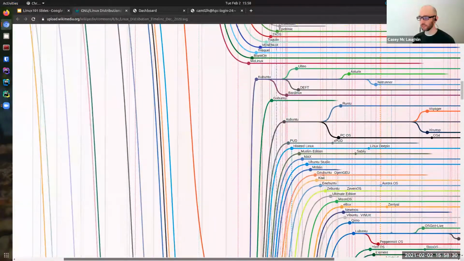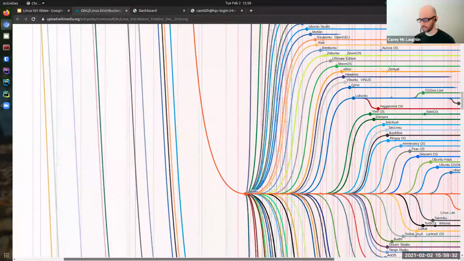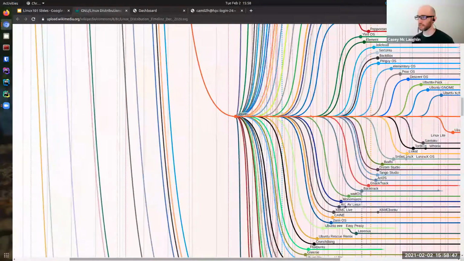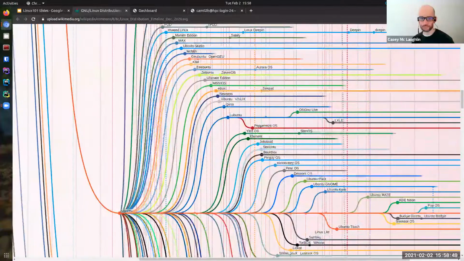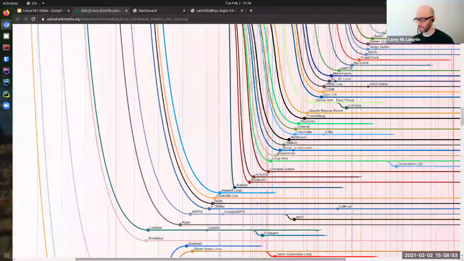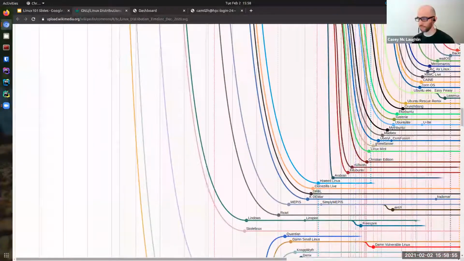Here it is, Ubuntu, way down here. Let me see if I can fix the mouse. And then Linux Mint, actually, that Michaela is using, is a derivative of Ubuntu.